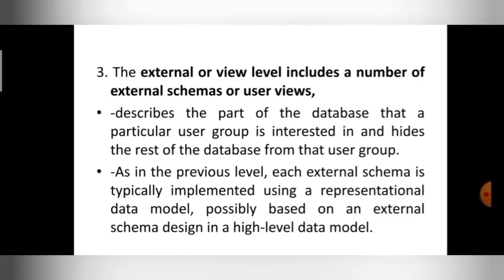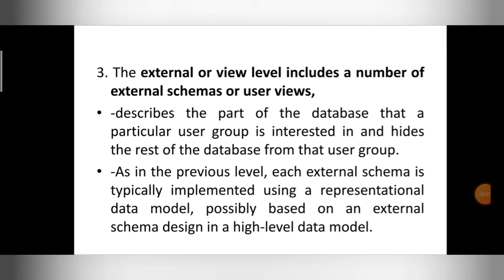The external view or external schema describes the part of the database that a particular user group is interested in and hides the rest of the database from the user group. For example, in Google there will be an enormous amount of information. As a user, I don't need all the information present in the Google database.